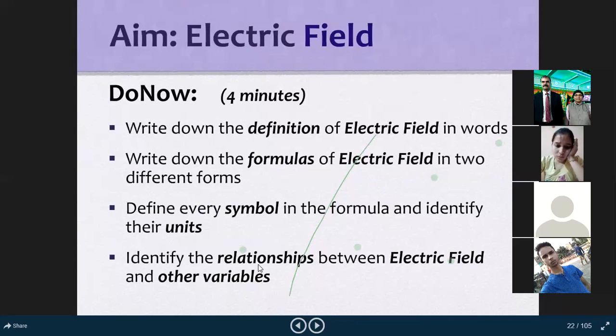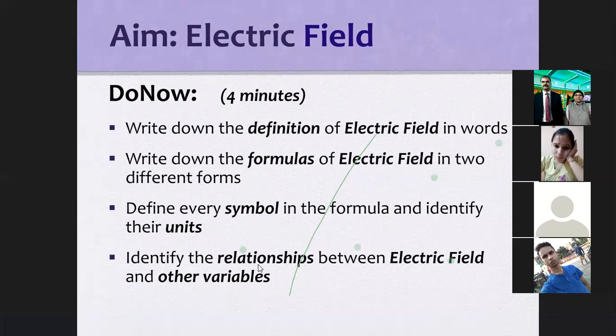Now अब तक में जो हमने पढ़ा है उस पर एक बार रिकैप कर लेते हैं। Write down the definition of electric field in words. क्या कुछ याद है अभी? अगर आपके पास पेन पेपर है तो इलेक्ट्रिक फील्ड नोट करके देखिए कि अब तक में जो कुछ भी हमने बोला था इलेक्ट्रिक फील्ड के बारे में वो आपको पता है। दूसरा, write down the formula of electric field